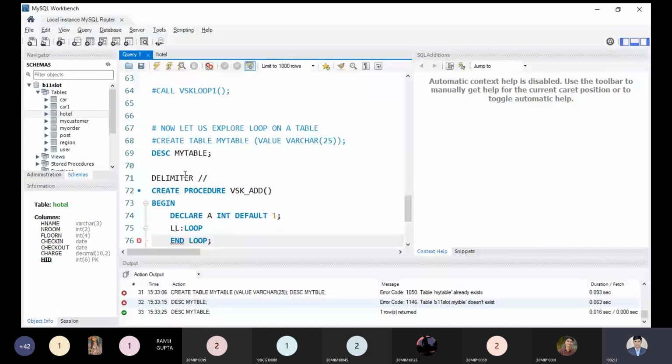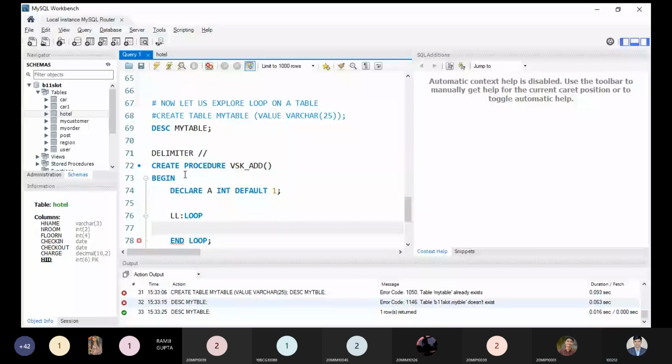Inside the loop we are trying to insert into table my table values a, and set a is equal to a plus 1.